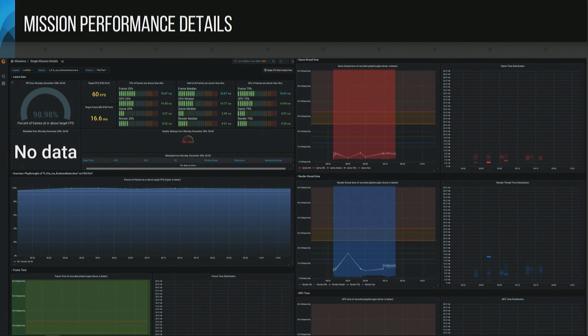From the dashboard we saw earlier, the overview of the different missions, we were able to drill down to an individual mission on a specific platform, and see how these data points evolve over time and where they are in terms of performance. This already gives us a pretty good idea of where a performance issue might be. Like, is it on the GPU, is it on the CPU side, for example? And then we would have a good first idea of where we need to spend our time moving forward.